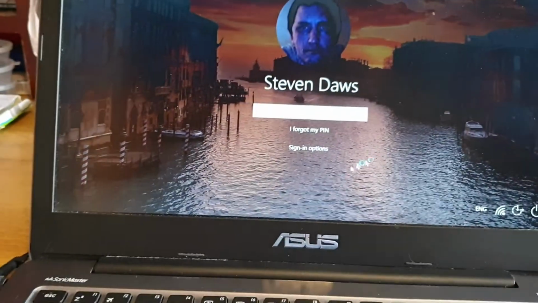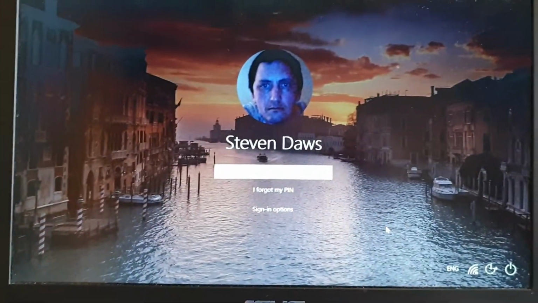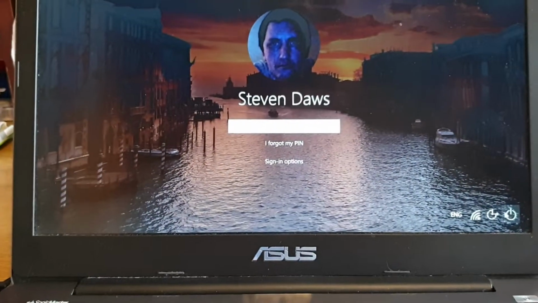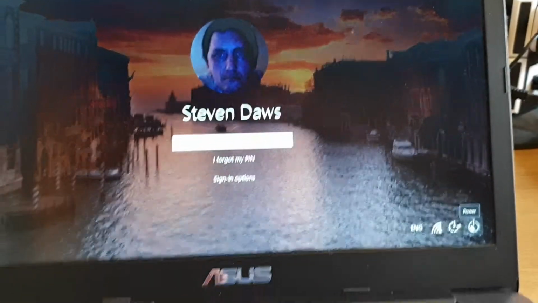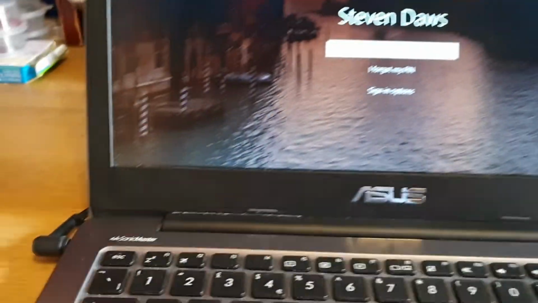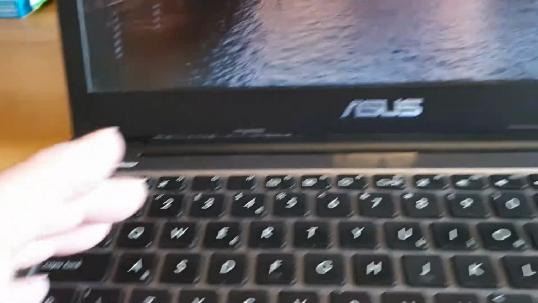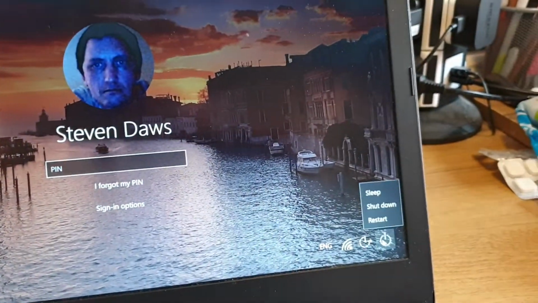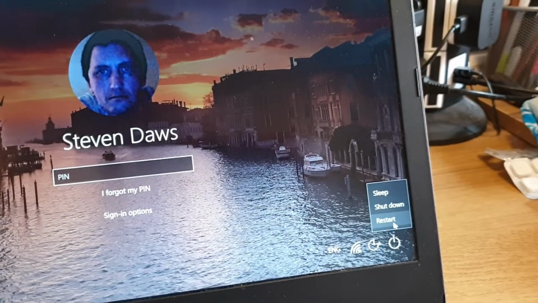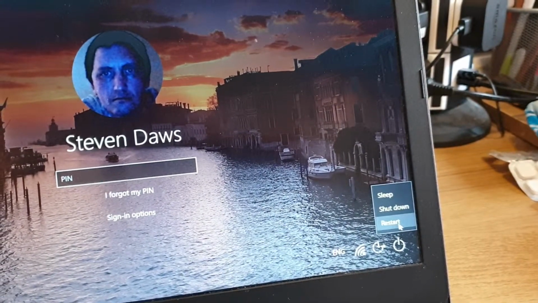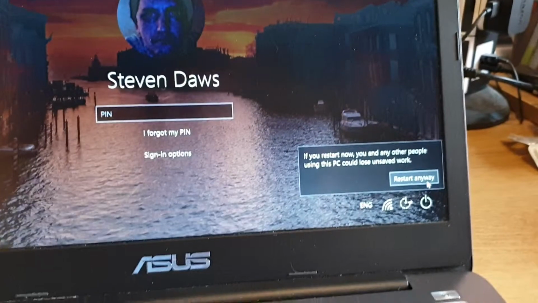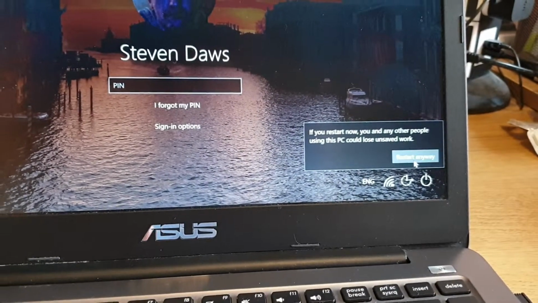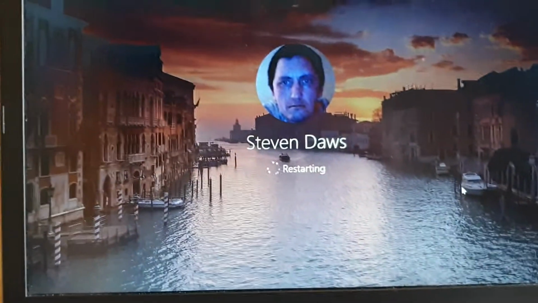But what we'll do now is, if you can't get into it from this screen and you want to get into safe mode, you go over to the restart or the power button, but you need to hold down the shift key while you're doing this. It's a bit tricky because I'm holding the camera, but I'll try. You go into the power key and do restart, and it's just saying that I've got work unsaved, which is fine. I'm going to restart it anyway,